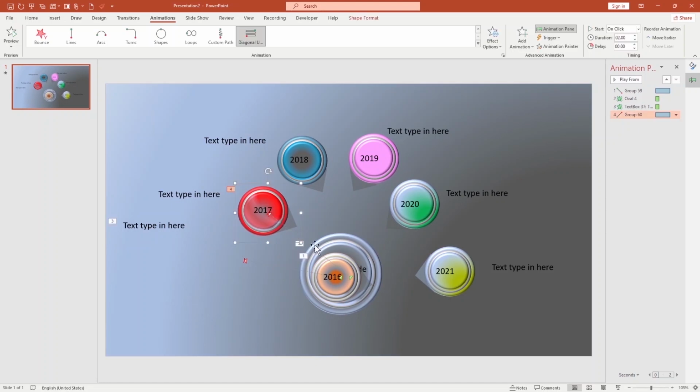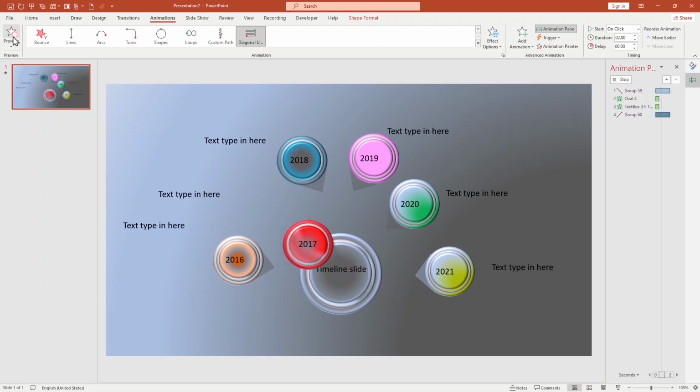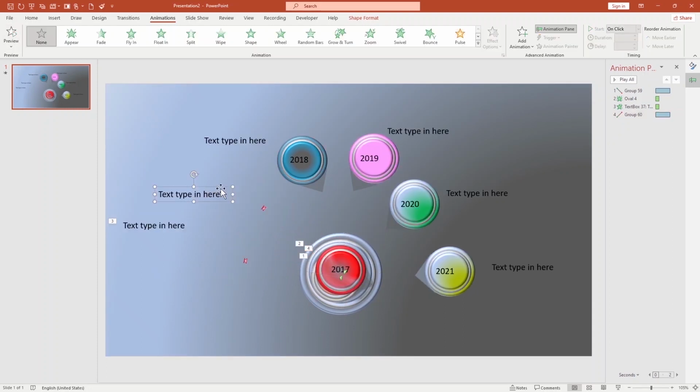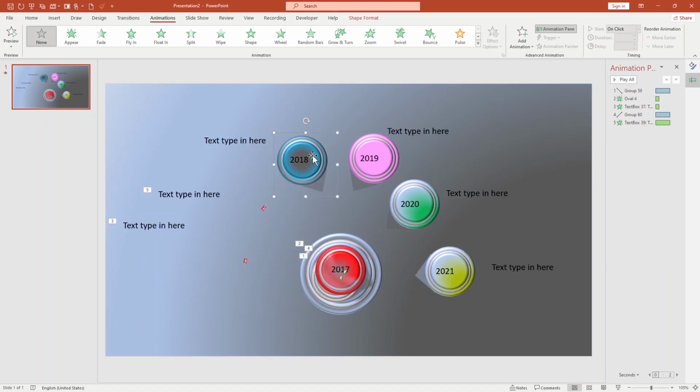Yeah, so before that I'm gonna just do it. Let's see how it will come. It will come like this. Then use the text one, animate it, and like if I use this one, you can use the same way to do another text